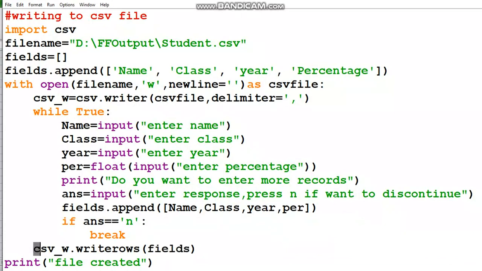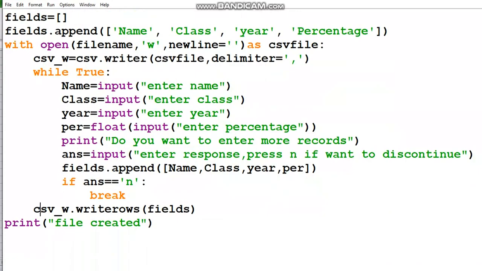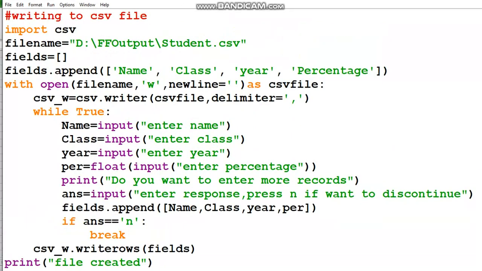You can see this line is within the block of with open, but this statement is not part of the loop. That means one by one record is not being written. After the loop terminates, then this statement will work and the file created message will come. So this is how in one step you can write all the records into the CSV file.